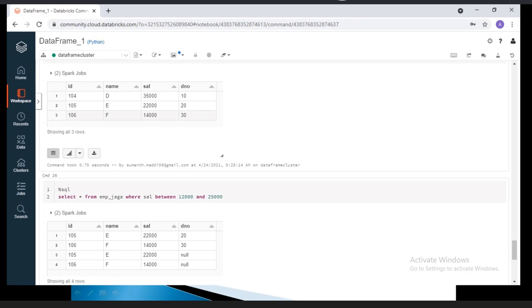If it is a manual upload, you should educate your end users to always include the header. If it is an automation tool or process, maybe some Oracle ERP or SAP ERP system writing the data into the CSV file, that is a one-time activity, and they should set up the header. If they confirm they are not setting up the header, don't include the header equal to true option. The data types we can handle, but for the header information there is no way to handle.